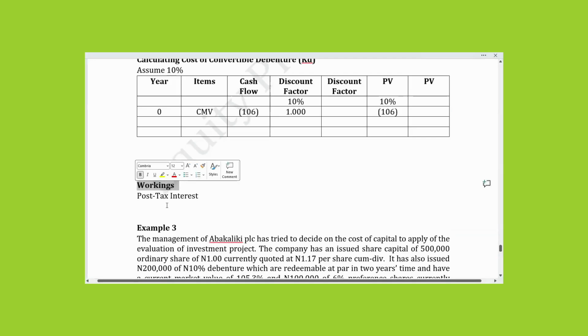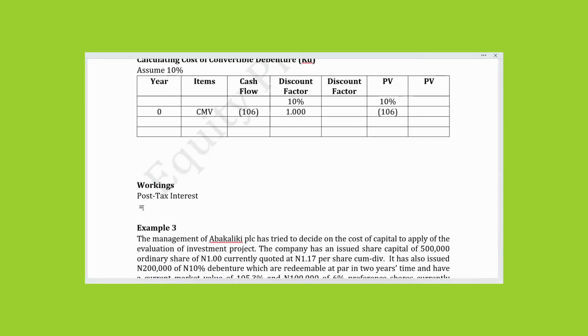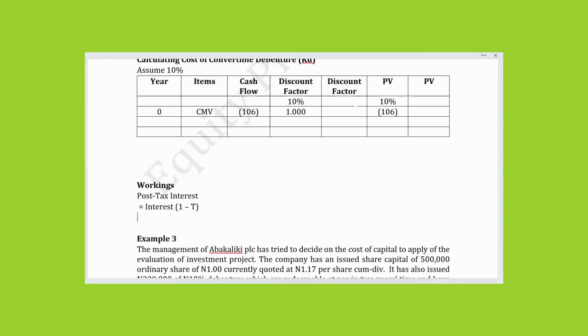Anytime you are calculating debt instruments, you have to adjust for tax. That's what we are doing here. This is calculated as interest multiplied by 1 minus company tax rates, which is equal to